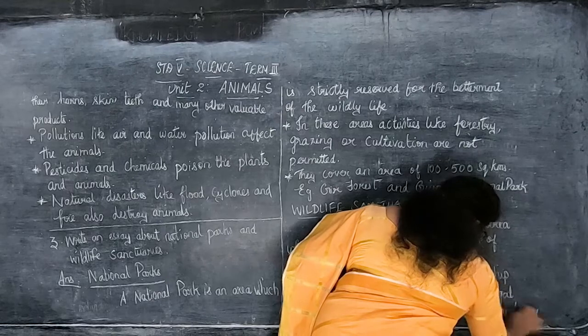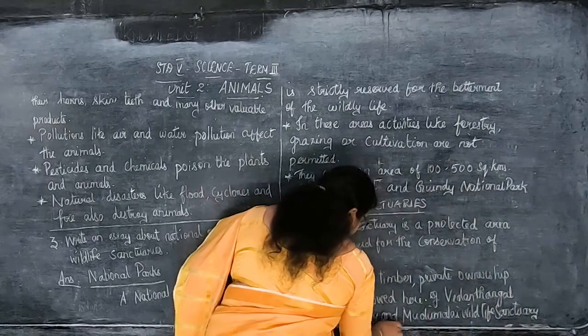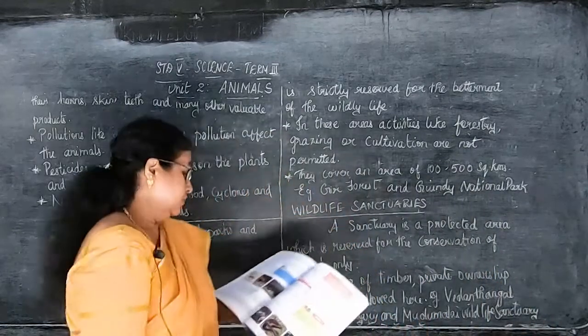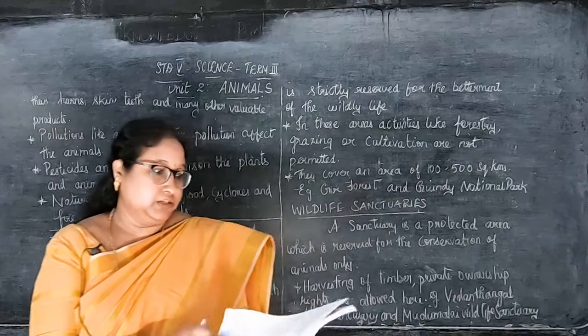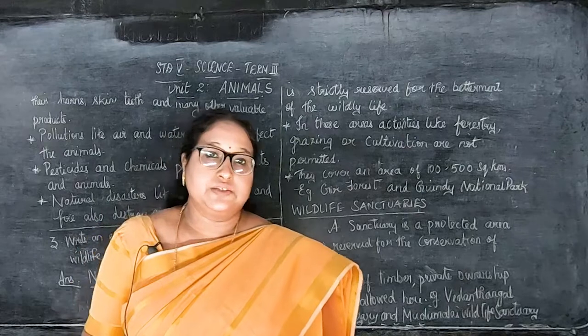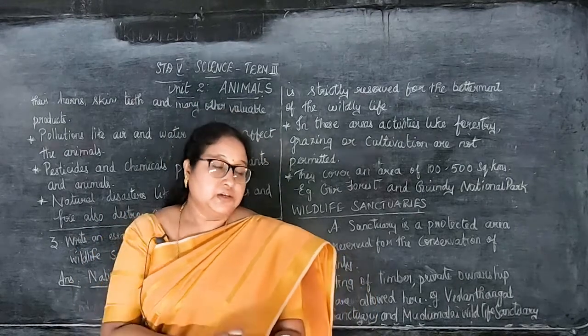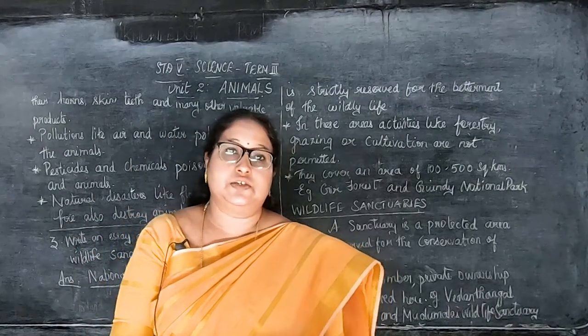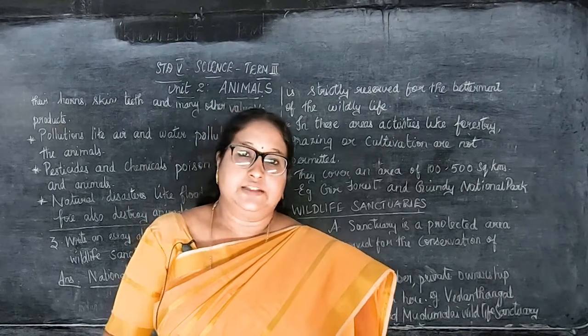So with this the lesson is over. 3 detailed answers for you. So with this we are finishing this lesson, children. So we have finished choose, fill up, match, answer in brief 5 questions and 3 details you have been given. So everything you have to write in your classwork, children. So it will be easy for you to learn for exam. Thank you, children.